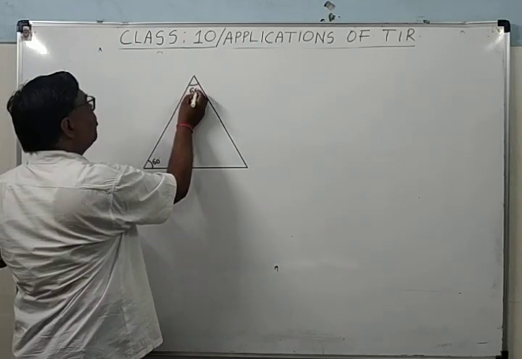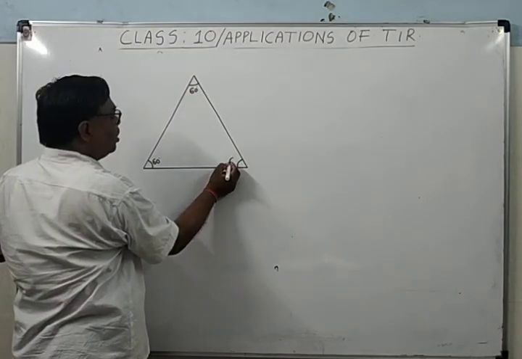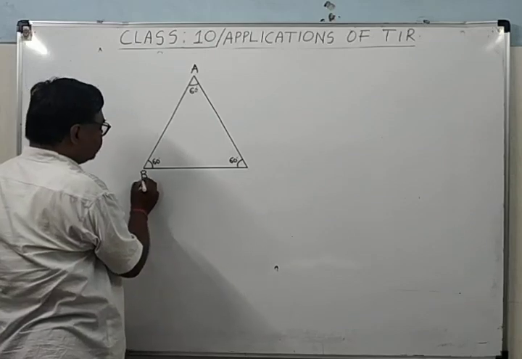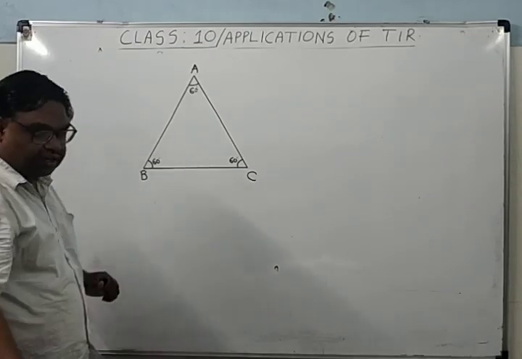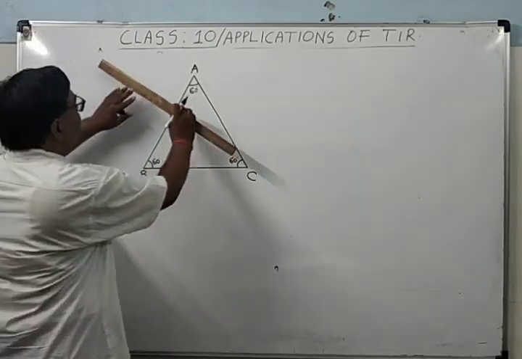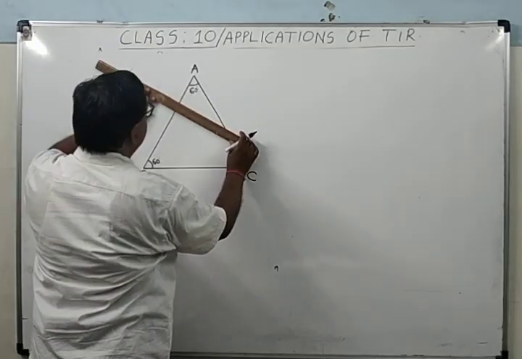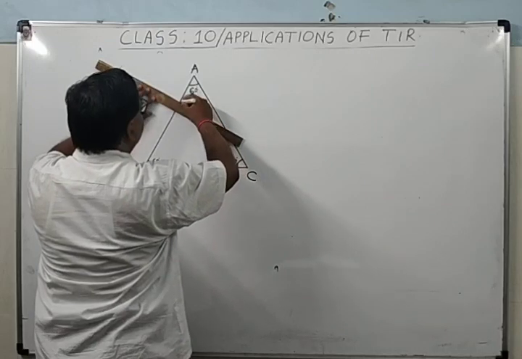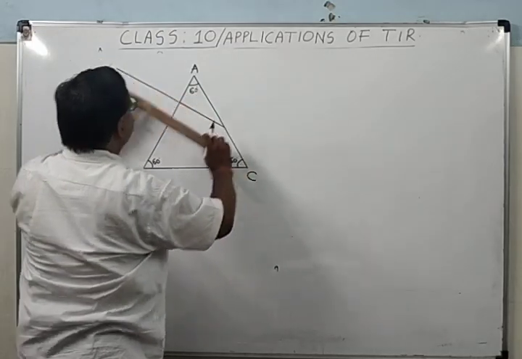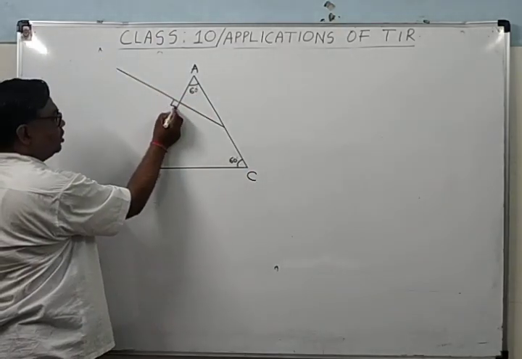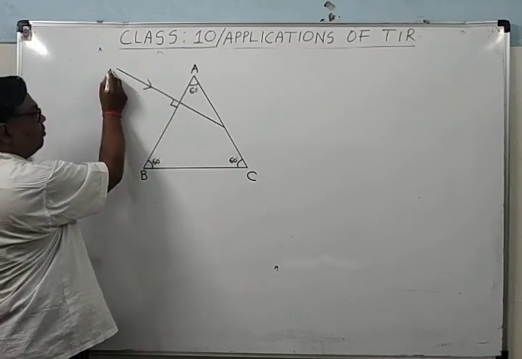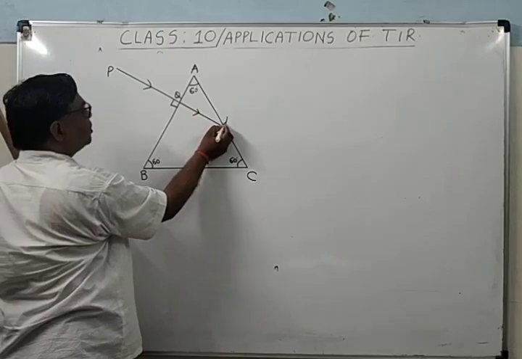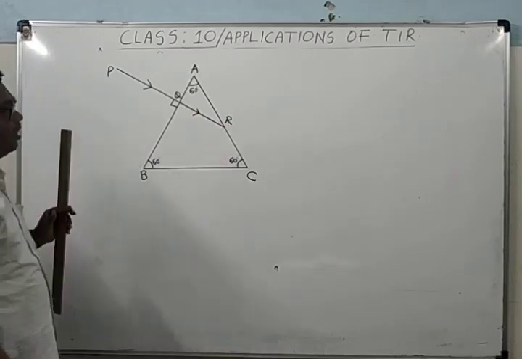Now when the ray of light falls perpendicularly to any of its surface, because all the three surfaces are identical, the ray of light is falling perpendicularly to the AB. When it is falling perpendicularly to the AB, what will happen? It will pass undeviated. As you have seen in the previous cases, if the ray of light is falling perpendicularly, it will pass undeviated. It's clear?